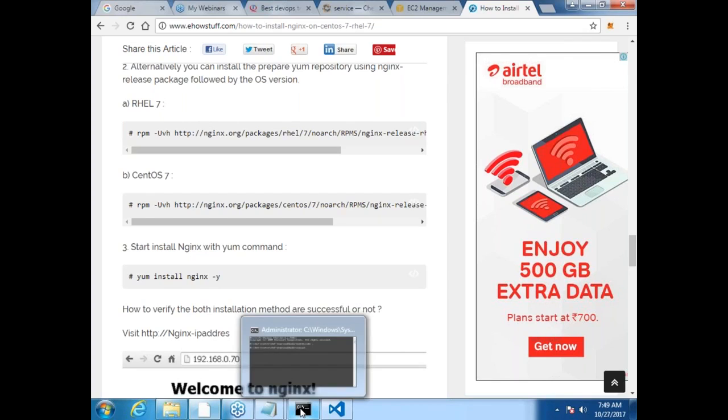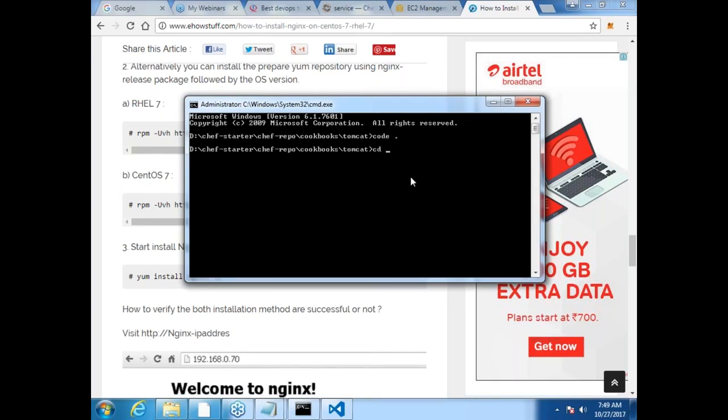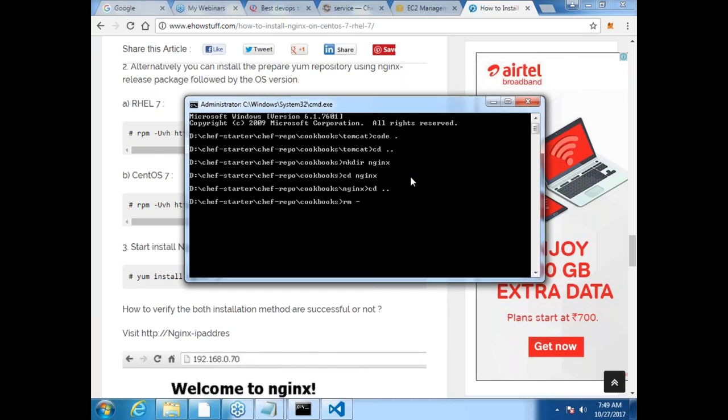So for that, what do I need? I need a new cookbook. I'm writing mkdir nginx. And what is the command which creates a cookbook for me? chef generate